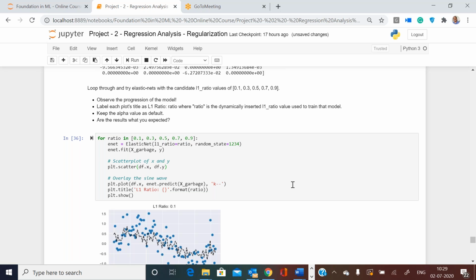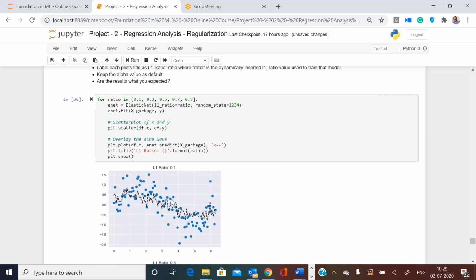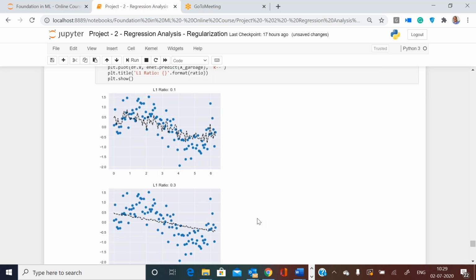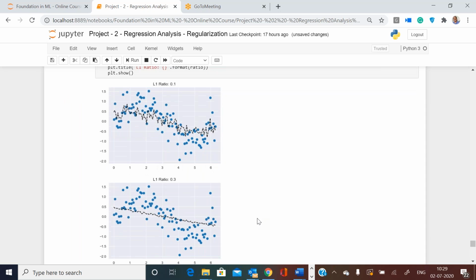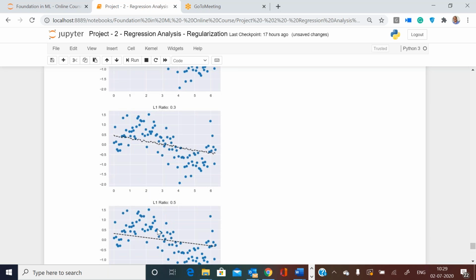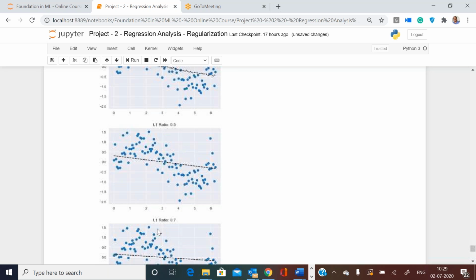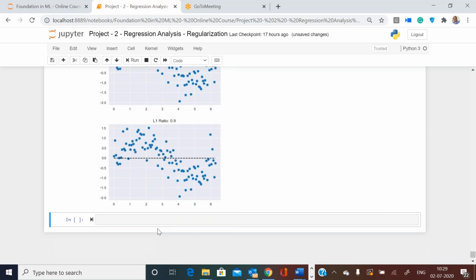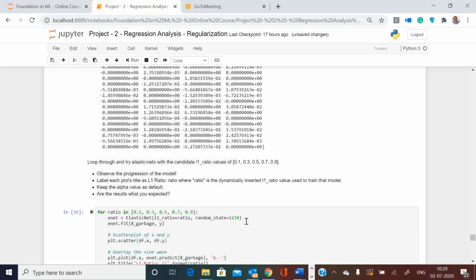Gradually I'm going and seeing for 0.1, meaning lasso 0.1, L2 0.9, this is the effect. As I increase L1 to 0.3, you can see the effect. At 0.5, more betas are shrunk. Then 0.7, some more. At 0.9, almost everything is shrunk because it is becoming more lasso.